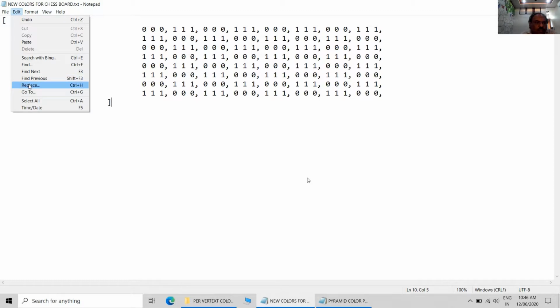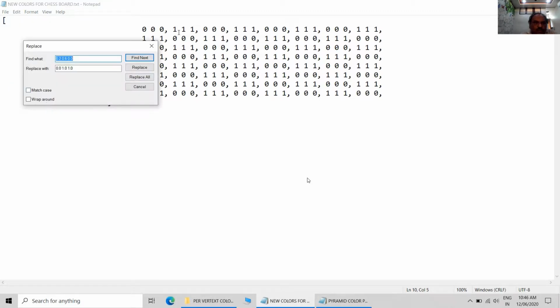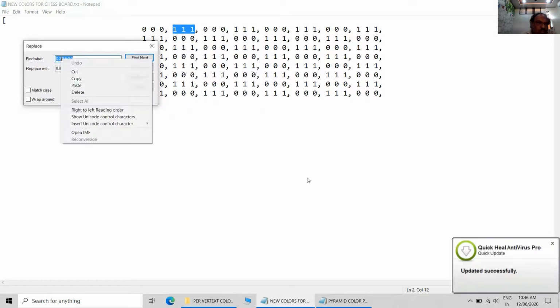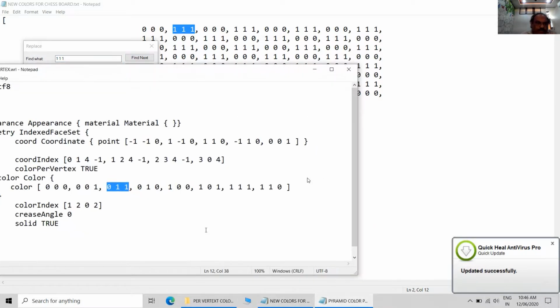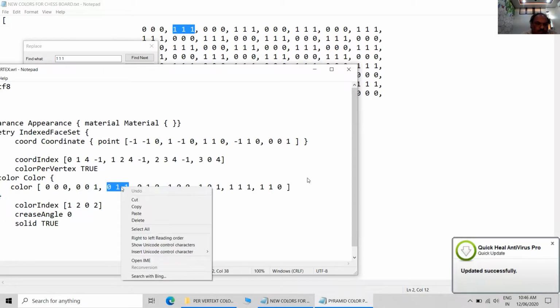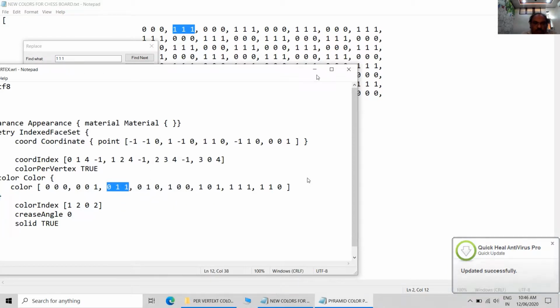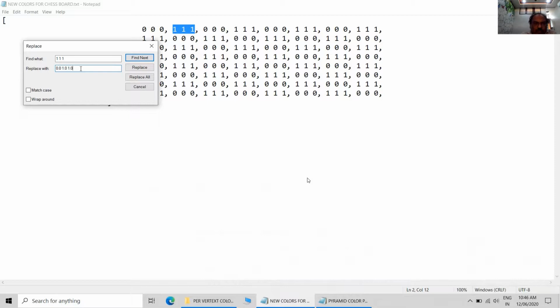Okay, now we will replace, suppose I want to replace 111. 000 is representing black, 111 is representing white. Now let us replace this with 011. Replace.